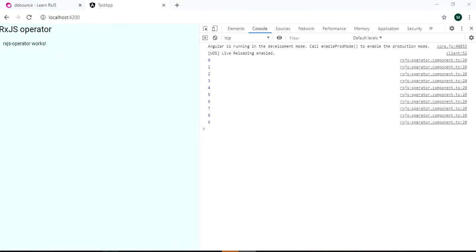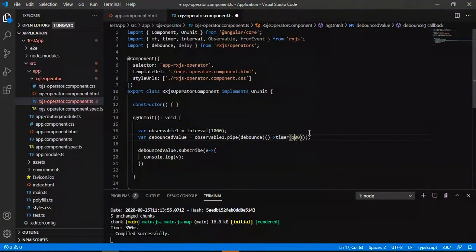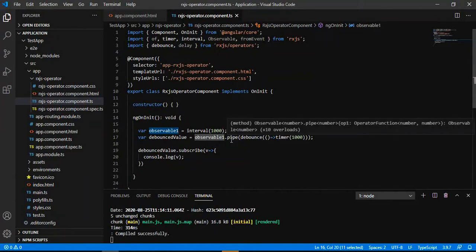But as soon as I give the same value, as soon as this particular source emits a value, it goes to the debounce operator and waits for 1 second. And as soon as it is making sure this particular value is the final value to give to the subscriber, it immediately gets a new value from the interval observable, and it goes on in a loop.